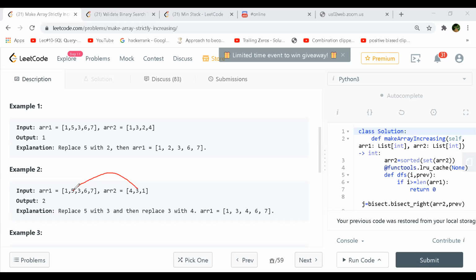The reason I'm saying this is that you can always have array two sorted, and then we always start from the back side and keep looking for elements from the back side in array two also.